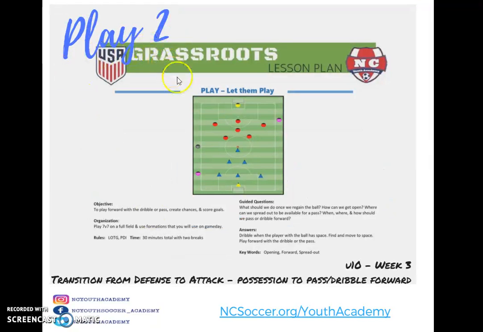As we look at play 2, we're going to expand the field based on the space allocated to us, but we want to open it up. 7v7 game model if possible, with laws of the game, implementing the PDI. We'd also like to think about this dribbling or passing forward option. If we can't go forward, where then can we go and why? And then where, when, and how should we advance once we